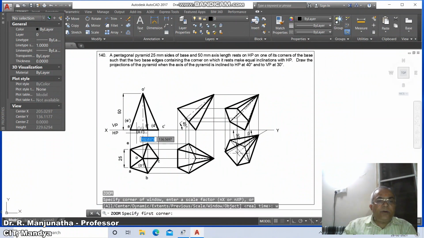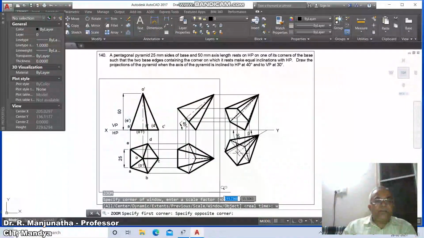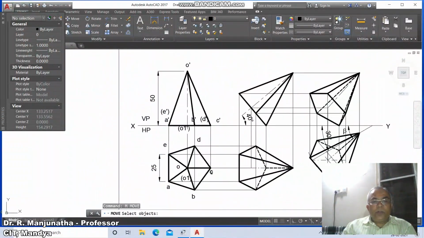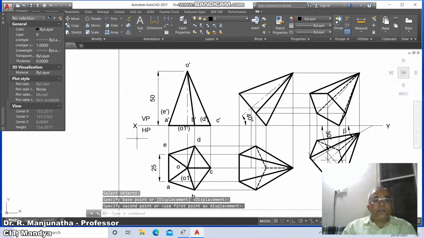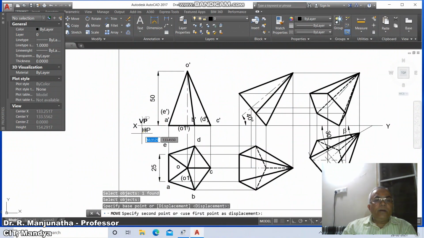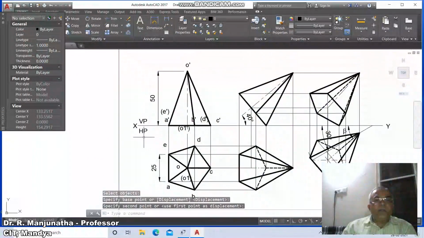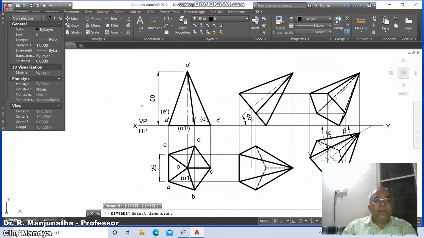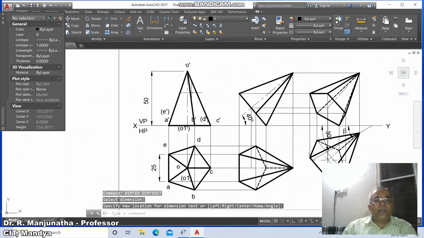Then go to zoom window, select this, then go to move X, and you move VP, and here you move HP, then go to dim TED, select this and you take it here.